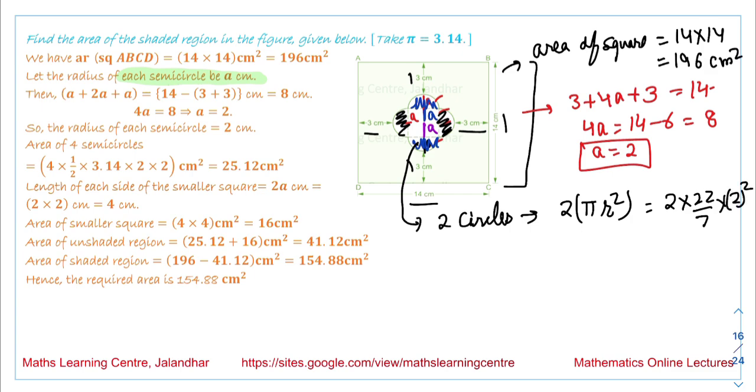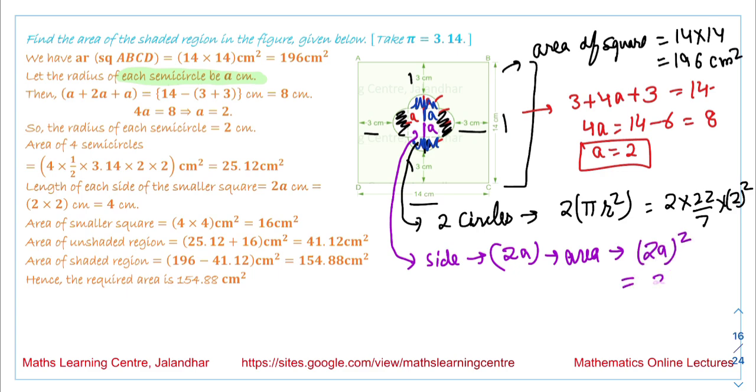When we are talking about this square over here, the side of the square is equal to 2 times a. Each side of the square is equal to 2a, and the area of this smaller square will be 2a square, that is 2 into 2 square, that is 4 square, that is equal to 16 centimeter square. On solving this value, we are talking about the semicircles. So 4 semicircles are there, it means there are 2 complete circles. So the area when we calculate is